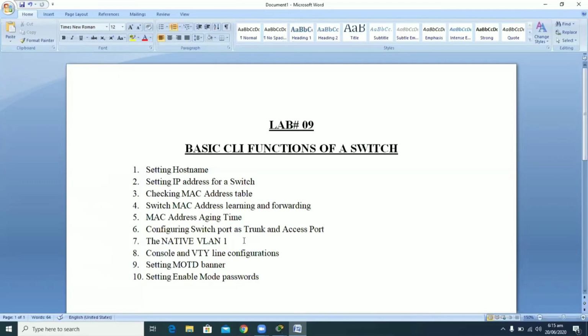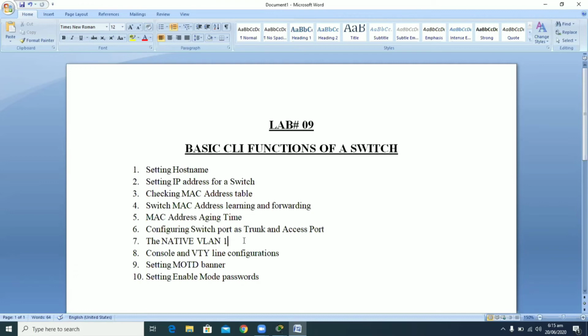When you create a virtual LAN, which we will be doing in upcoming labs, then we create a virtual LAN ourselves, and then we take the switch ports out of virtual LAN number 1 and put those ports in our newly created virtual LANs as per our requirement, configuring them as access ports. So this is the basis of native virtual LAN, that is virtual LAN number 1.